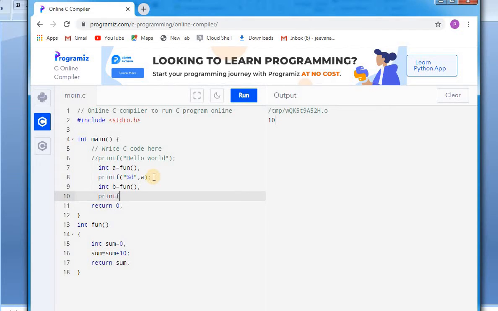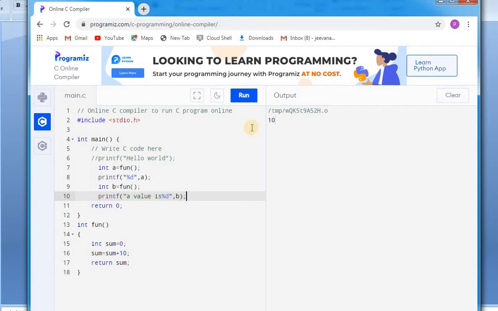I'll write another printf statement, a value is %d, comma. Where is the function stored? In b, so I'll declare b here.